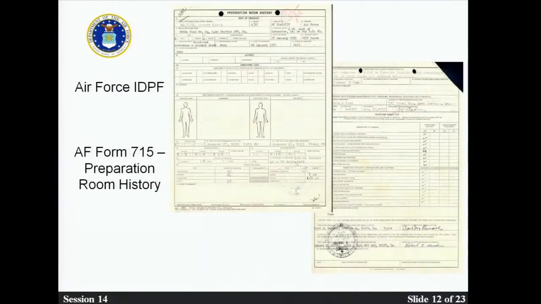The next slide shows the Air Force Form 715, and this is from the 1950s, and it basically summarizes the condition of the remains as well as the actions taken to prepare the body. And on the second page, there is a checklist part that is completed by the person doing the preparations, the embalming or such, as well as potentially the coroner or forensic pathologist, and then it's signed off by the mortuary officer who is there and present for these actions to make sure things were done properly in accordance with